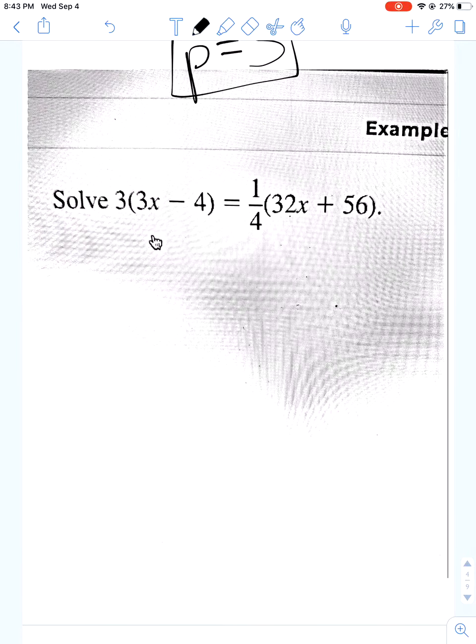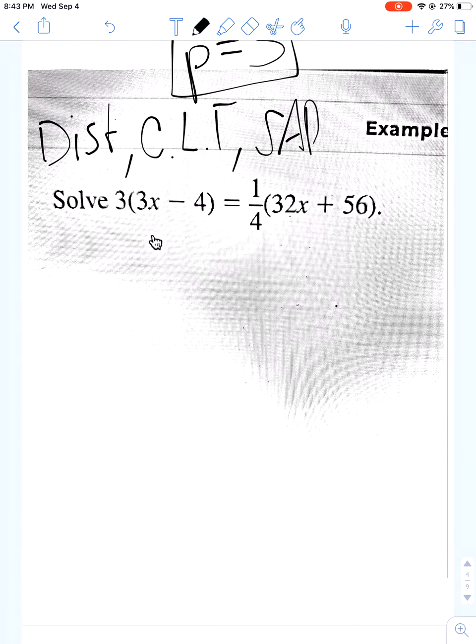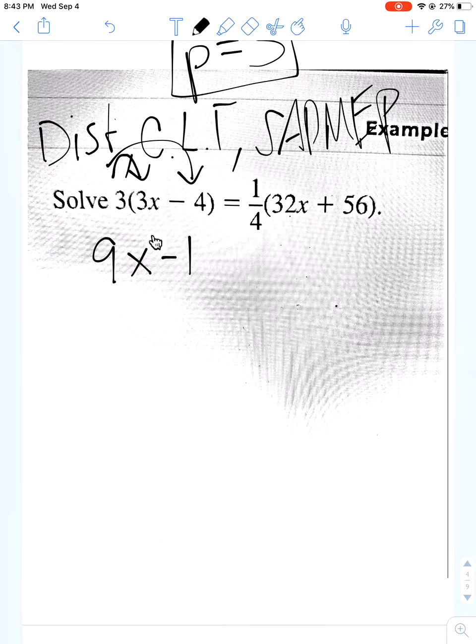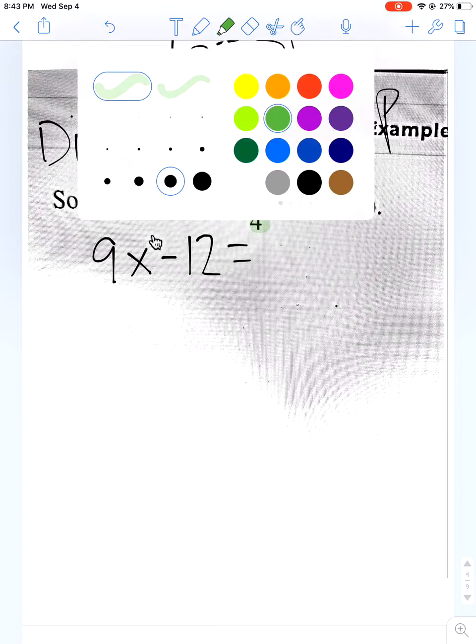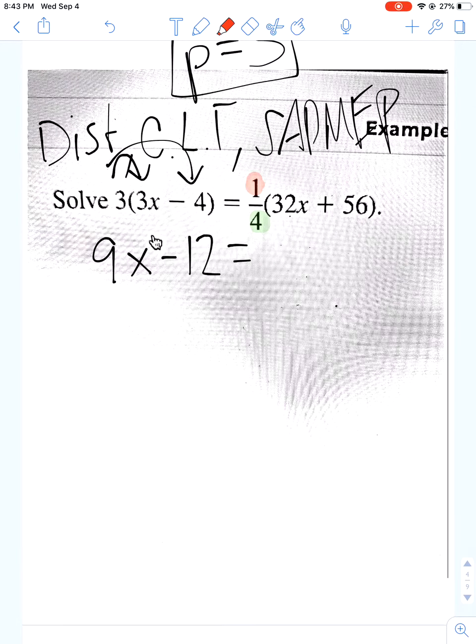Okay. So I've got to remember: distribute, combine like terms, SADMAP. So I've got distributing on both sides. 3 times 3x is 9x. 3 times negative 4 is negative 12. Now, when we're distributing a fraction, we are dividing by this number, and multiplying by this number. So I'm going to divide